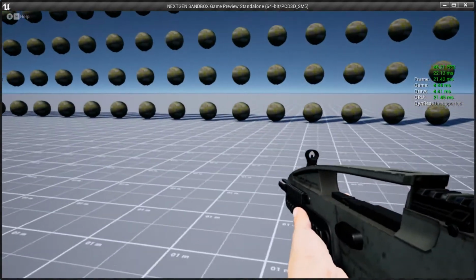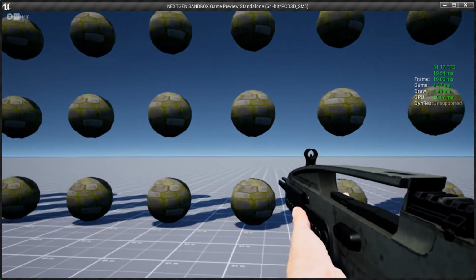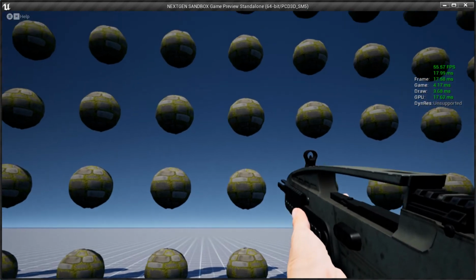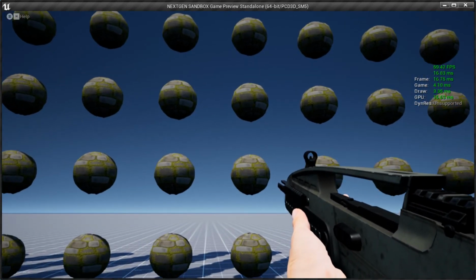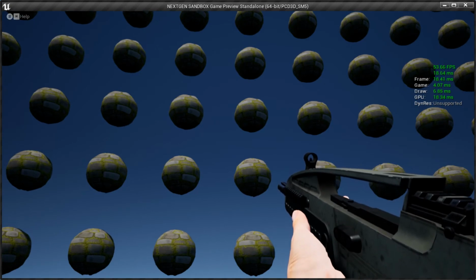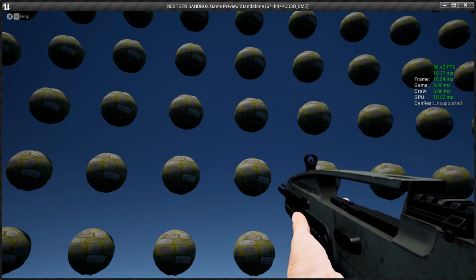But let's look at the performance difference and see how it stands up compared to the basic and the parallax. So we'll try to get about the same distance. So now we're in the 50s, 55. So yeah, from the normal, 55 from 80. So you're talking about a huge drop there. Now,